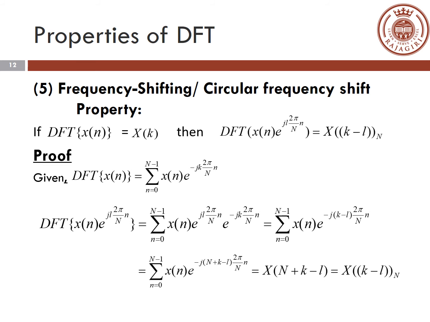So I can write this k minus l as N plus k minus l because it's not doing anything to your original equation. So this can be written as x of n plus k minus l, or this linear shift represented by N plus k minus l is equivalent to the circular shift by l units. In most equations, inserting a capital N in any of the variables will help you reach the final answer quite easily.